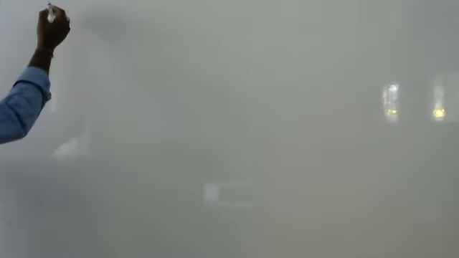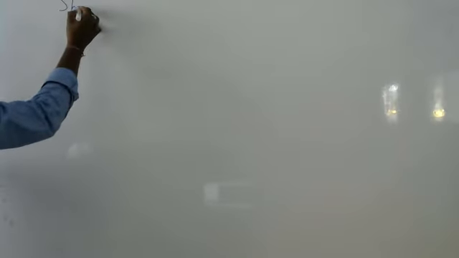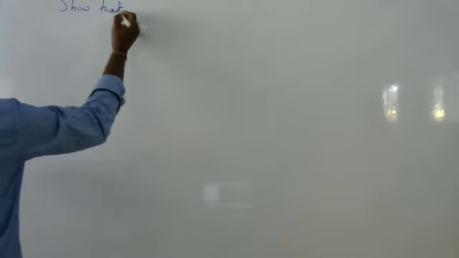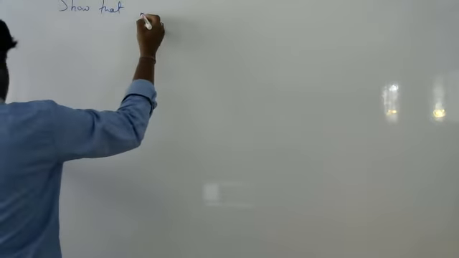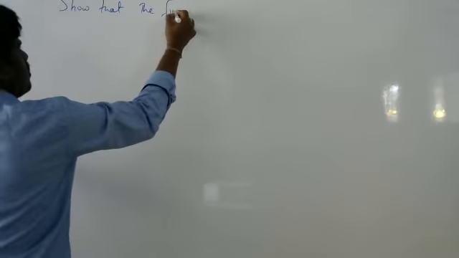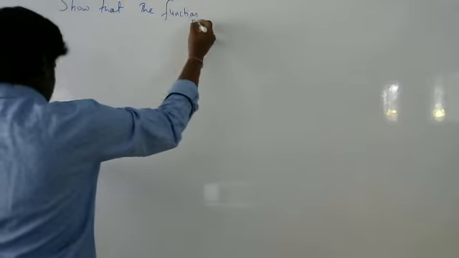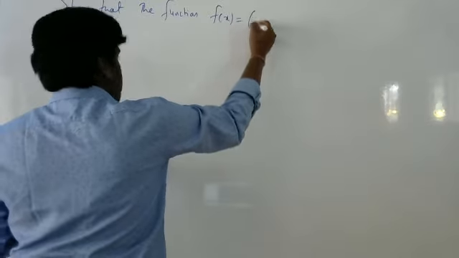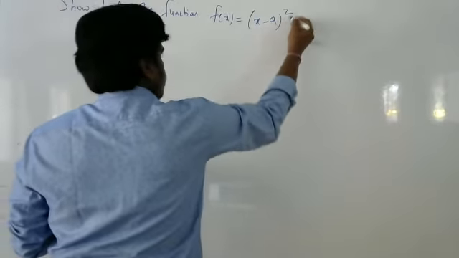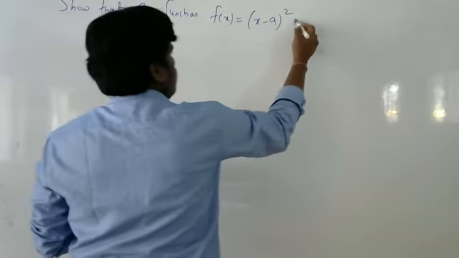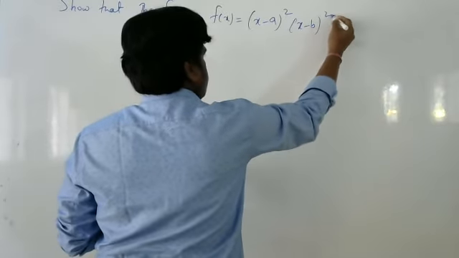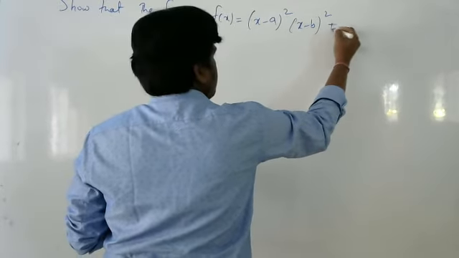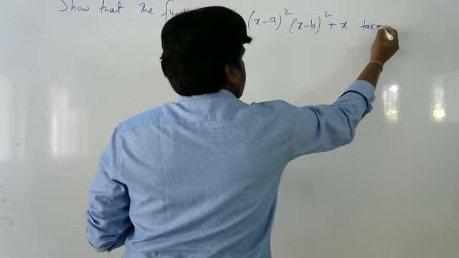So the question is: show that the function f of x is equal to x minus a whole square into x minus b whole square plus x takes